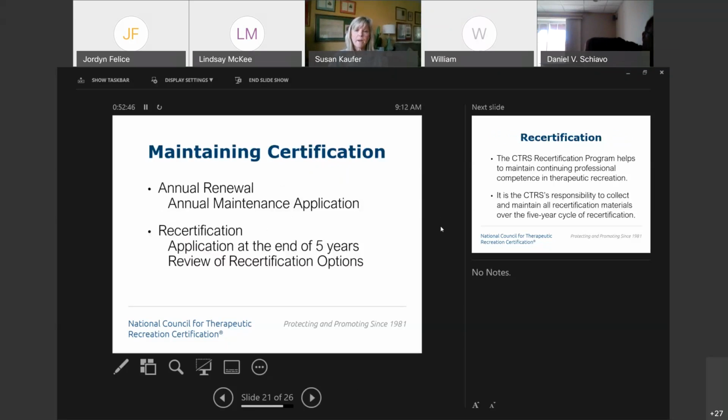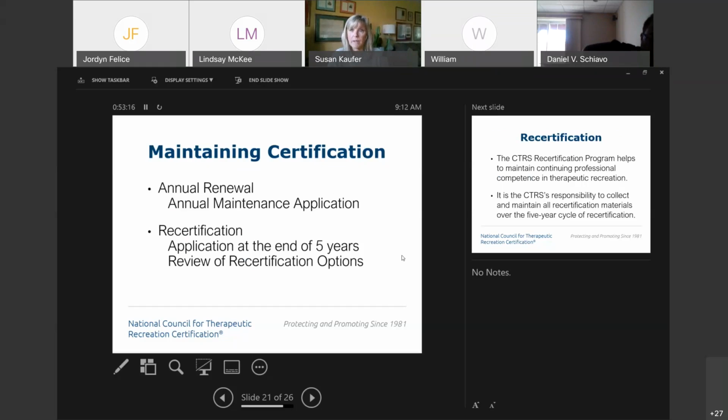Okay, so what happens when you become certified? What are your responsibilities? We have an annual renewal process. Again, we spoke a little bit about our disciplinary questions that we ask on applications. We have the eligibility questions on our annual maintenance or annual renewal application. This gives us an opportunity to ask each and every year, are you still currently in good standing?